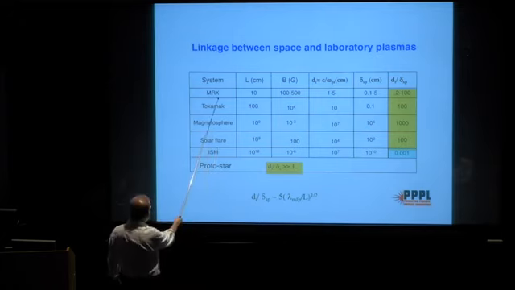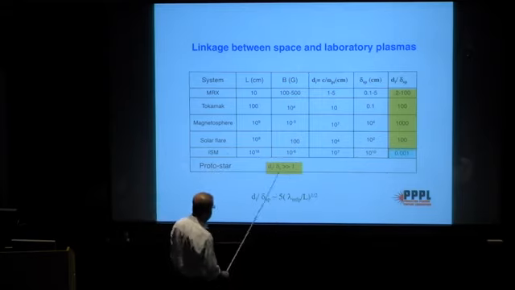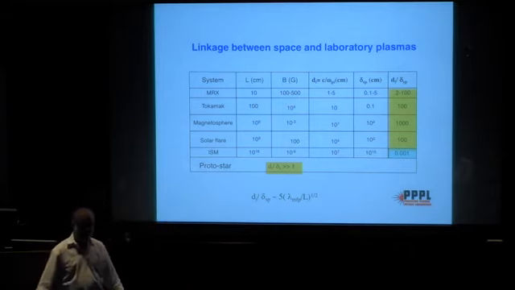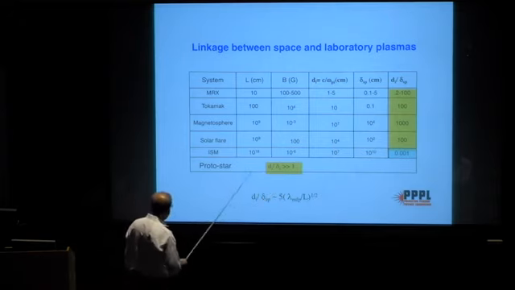So here is MRX, here is tokamaks, magnetosphere, solar flare, ISM, protostar. It turns out the ISM is one case where this condition is not obeyed. So I don't know whether you could get fast reconnection due to the Hall mechanism in ISM. In ISM, actually, the ambipolar diffusion term, neglected in our theory, could play a very important role. And this is what I hope to work on with Bhishek Manek while he is here: if we change the Ohm's law to actually put in an ambipolar diffusion term, how do all these things change? But at least this mechanism would seem to have a hard time operating in the ISM.